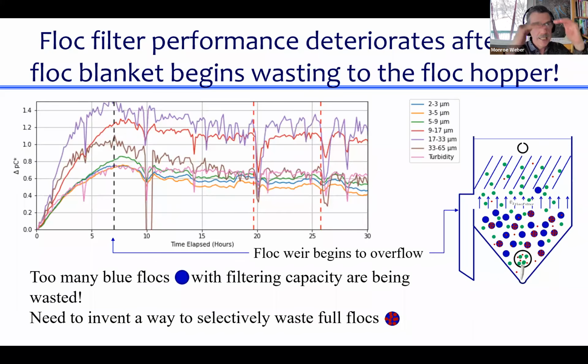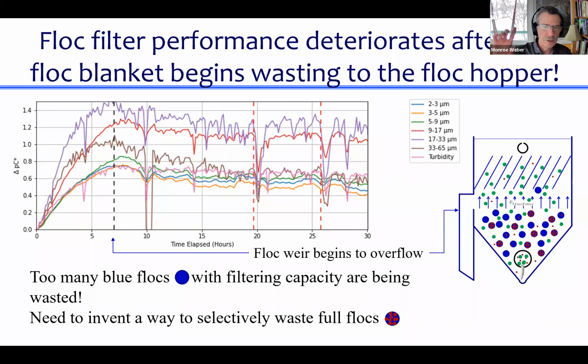So anyway, the floc filter is growing, and eventually it starts dumping into the floc hopper. And the moment where it starts dumping into the floc hopper is at around hour 7. And you see that there's this very interesting trend. Okay, and there's all these different particle sizes ranging from 2 to 3 micrometers up to 33 to 65 micrometers. And then there's also just the turbidity meter that measures all the particles that are in there. And you see that there's little differences in the trends, but